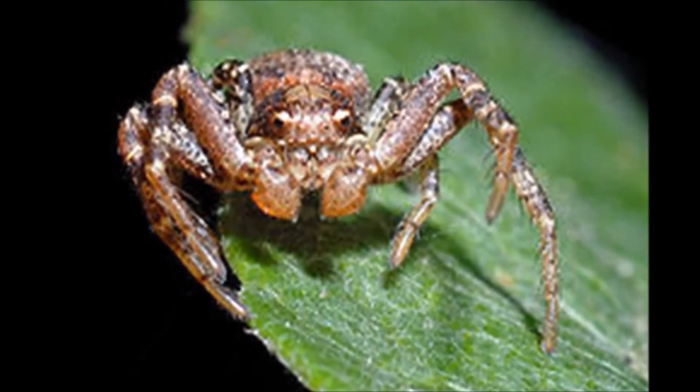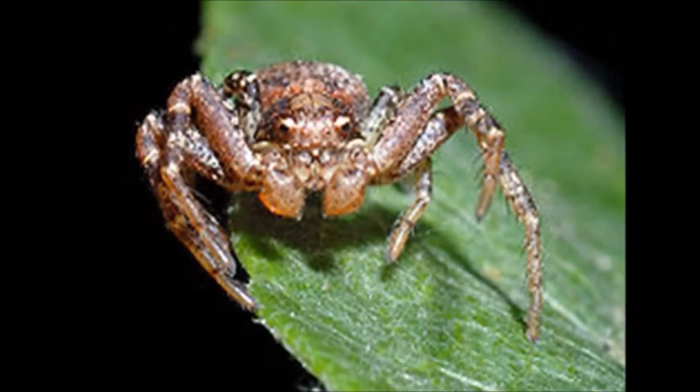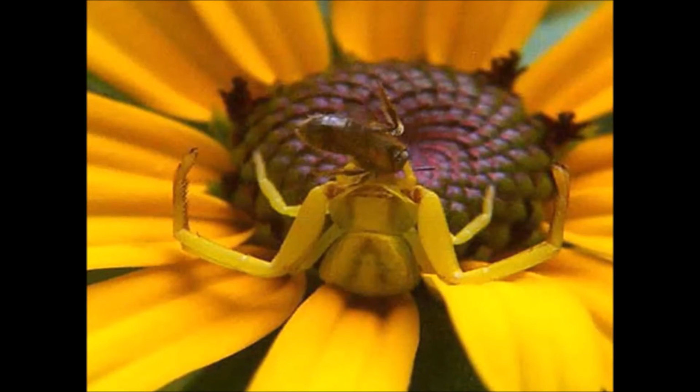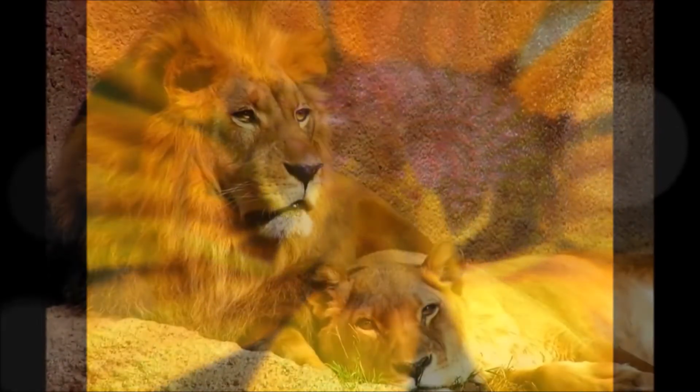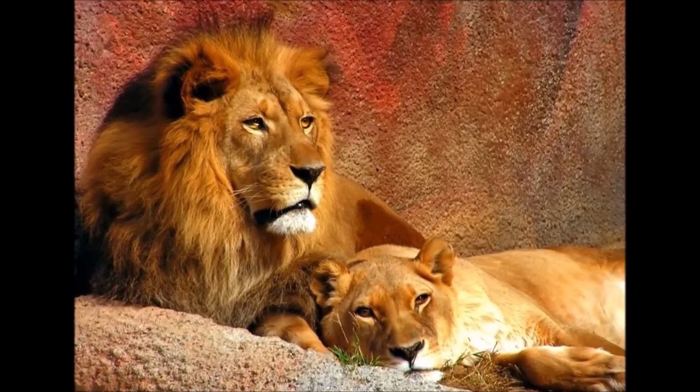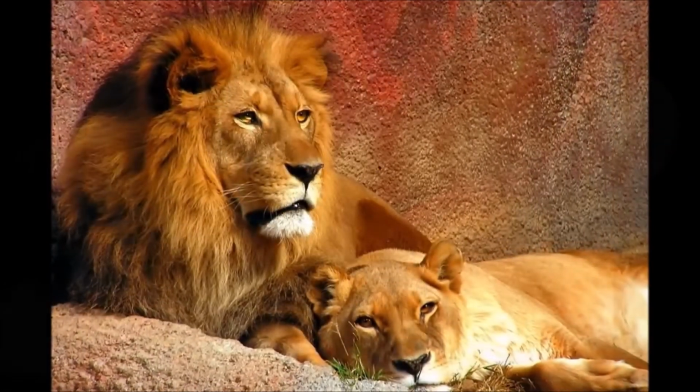The crab spider uses its ability to match the colors of flowers to catch food. Tiny insects will not see the crab spider until it is too late for them to escape. Lions are sandy colored and this lets them blend in with the rocks and sand on the plains where they prefer to hunt. A young fawn, like Bambi, has a brown coat with